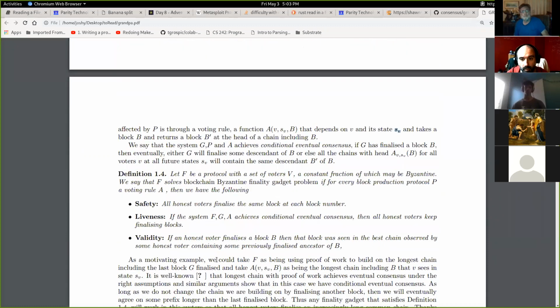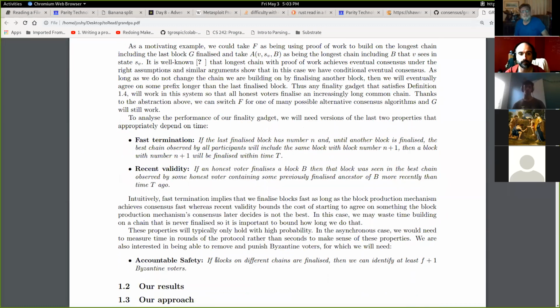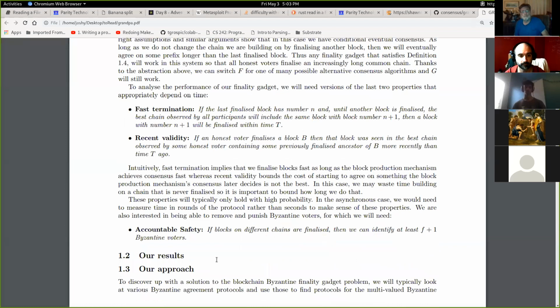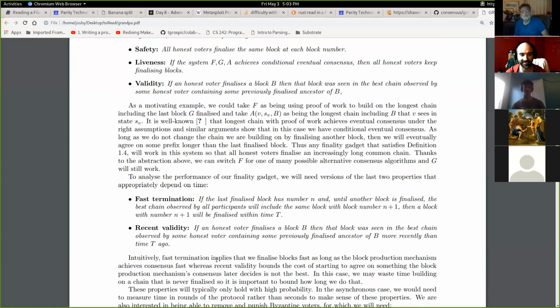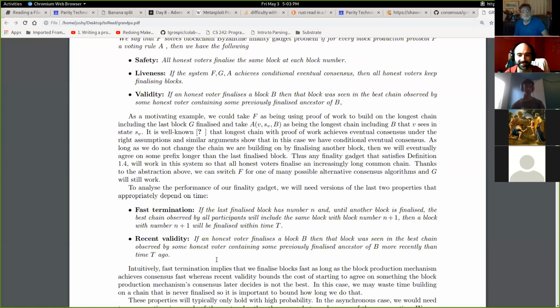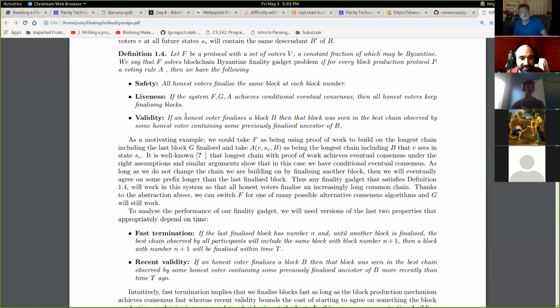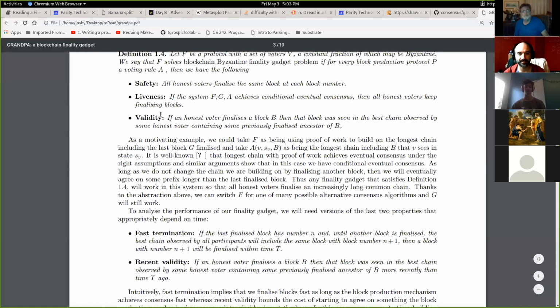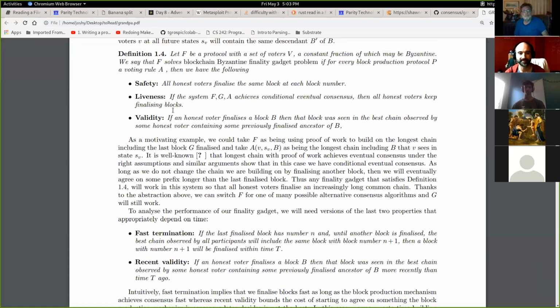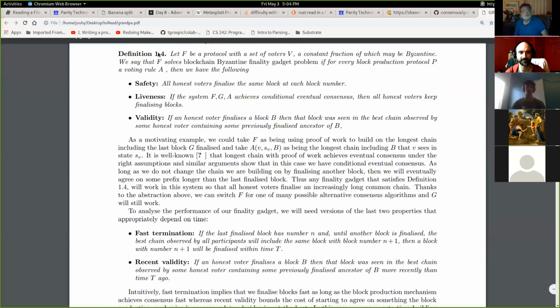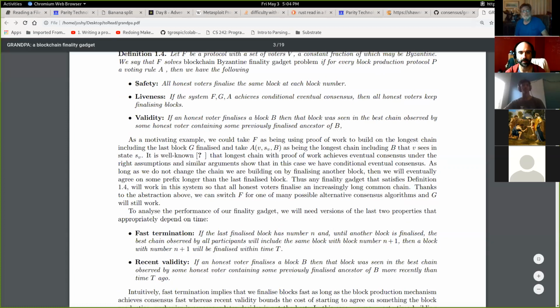I'm going to scroll a little bit just to see where the next section starts. Oh, soon. We're not doing too bad. Cool. I almost wonder if we should just go through definition 1.4 and then pivot topics a little bit and each read a little more. Yeah. All right, so let's see what 1.4 is, because I think 1.4 is cool because now we're getting to the properties that we actually care about for a chain that keeps growing.